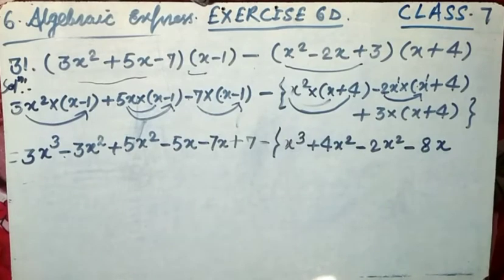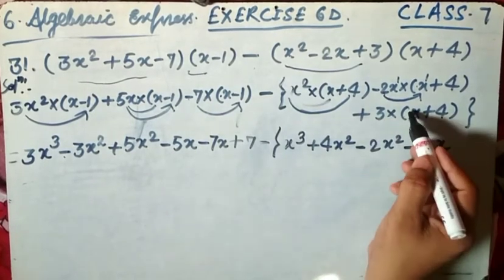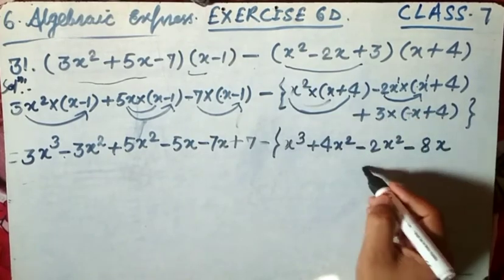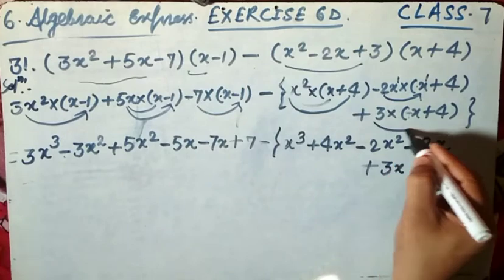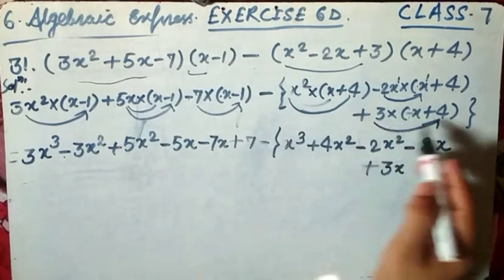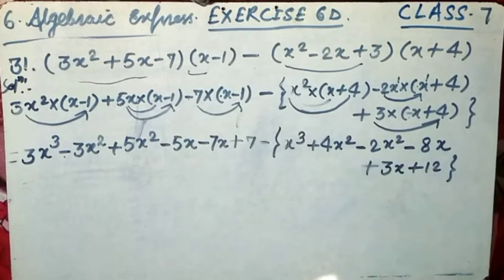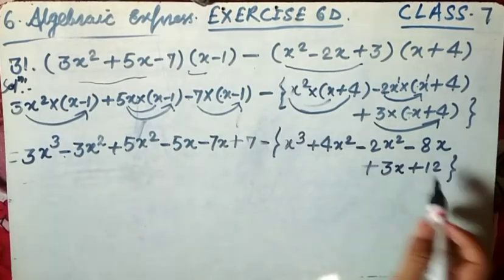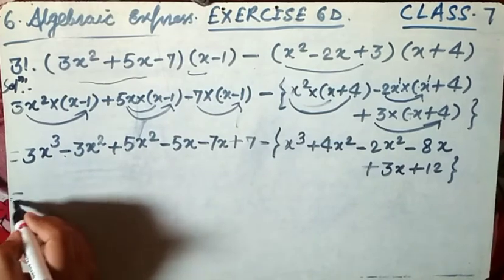Okay, now here plus 3 is multiplied by plus x, here the plus into plus plus. Okay, 3x. Once again, this plus 3 is multiplied by 4, here is the plus into plus plus, and 4 threes are 12, and this is the close bracket. By close bracket, yes, there is the minus, and the minus sign is going to multiply the whole terms inside this curly bracket, and we have to change this sign, plus into minus and minus into plus.